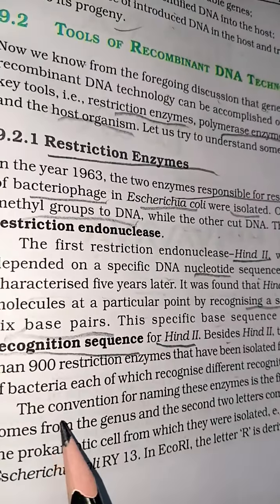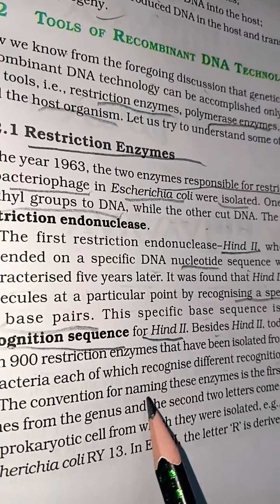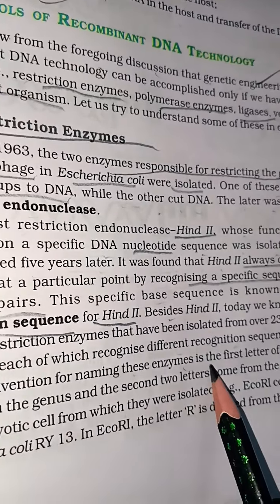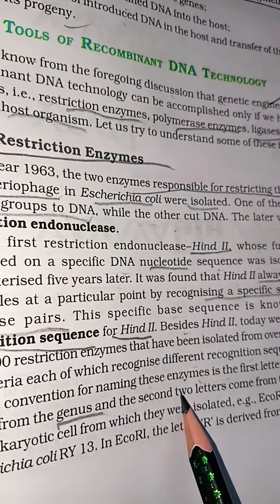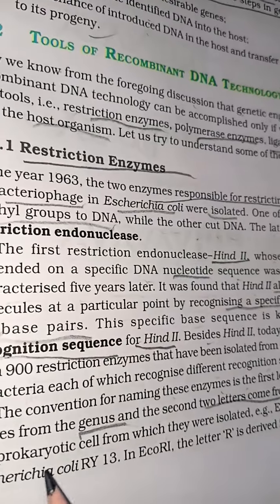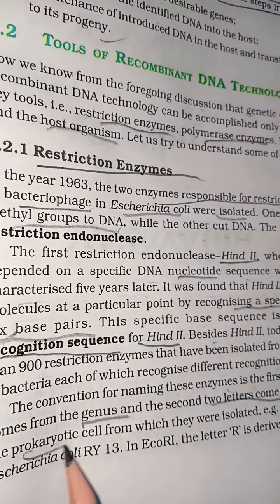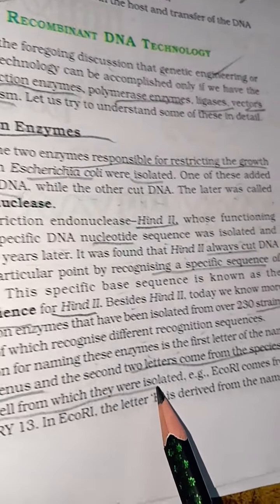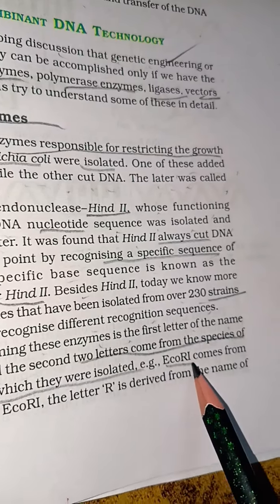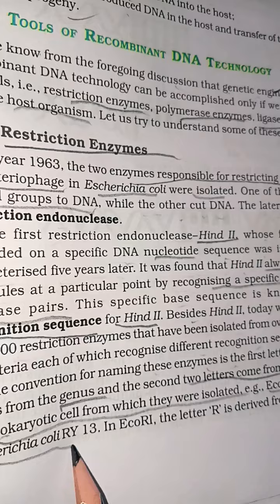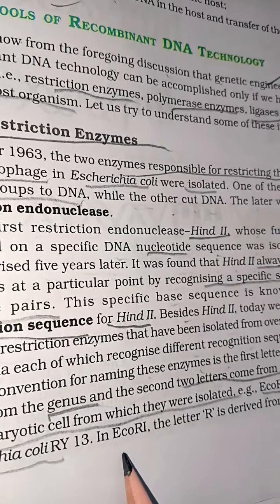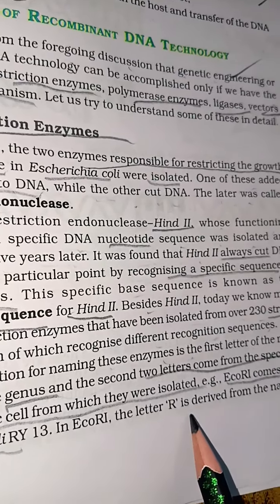The convention for naming these enzymes is that the first letter of the name comes from the genus, and the second two letters come from the species of the prokaryotic cell from which they were isolated. E. coli comes from Escherichia coli RY 13. In E. coli, the letter R is derived from the